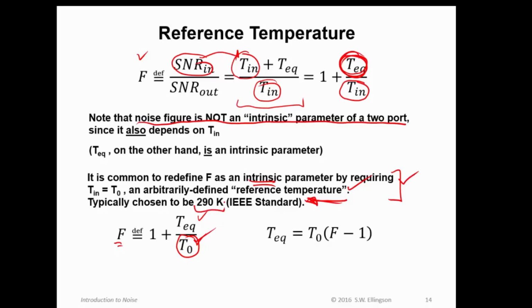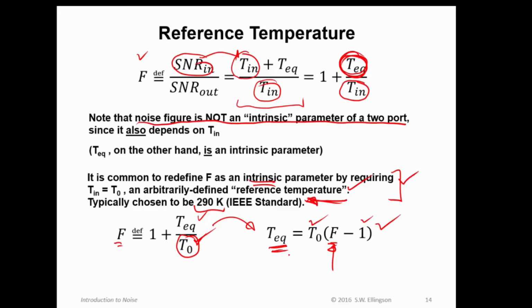I can also now get the equivalent noise temperature in terms of the noise figure just by rewriting this equation, and here it is. So I take the noise factor, that's the linear quantity, not the quantity in dB, the linear quantity. I subtract 1, and then I multiply by the reference temperature, and that gives me the input referred